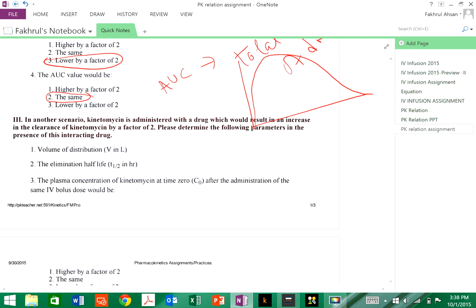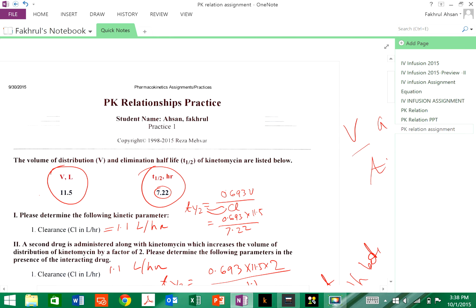Now let's go to the next problem. So another scenario is coming. If you administer this drug that increases clearance by a factor of 2, what is going to happen to the following parameters? Volume of distribution. What is going to happen to volume of distribution? We know clearance does not change with the change in volume of distribution, so your volume of distribution is going to be the same as this one,